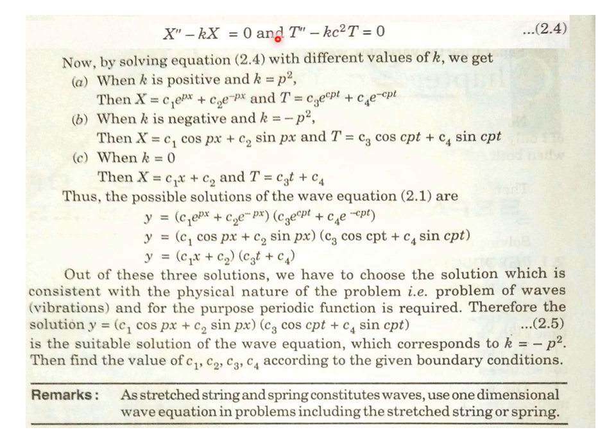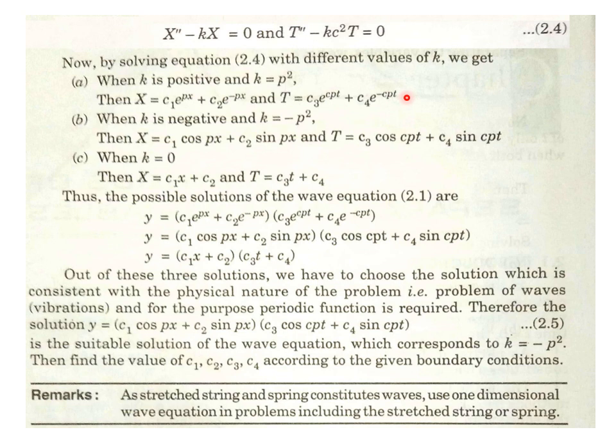And similarly with k equals p square, it is p square c square, that is pc whole square. So the roots of the auxiliary equation will be plus minus pc. Using those roots, its solution with 0 right hand side, means 0 PI, only CF, with capital T as the dependent variable, is T equals C3 e power cpt plus C4 e power minus cpt, where C3 and C4 are further constants, as C1 and C2 were there.